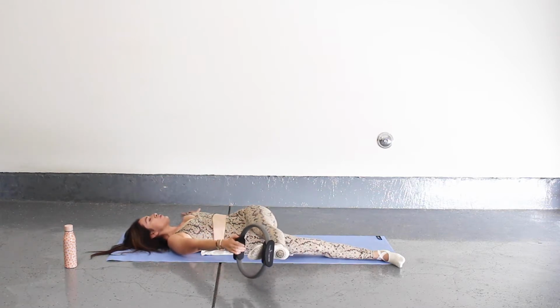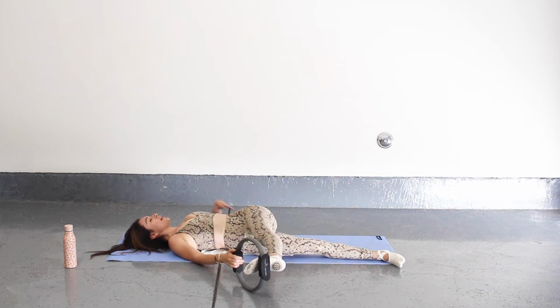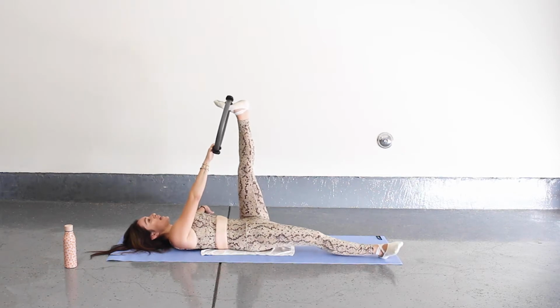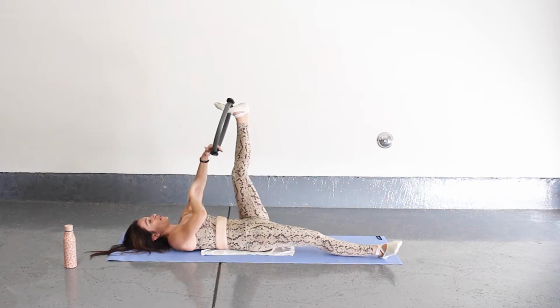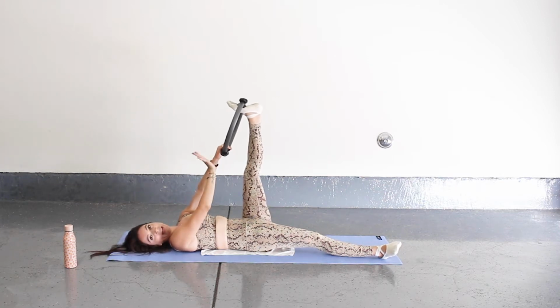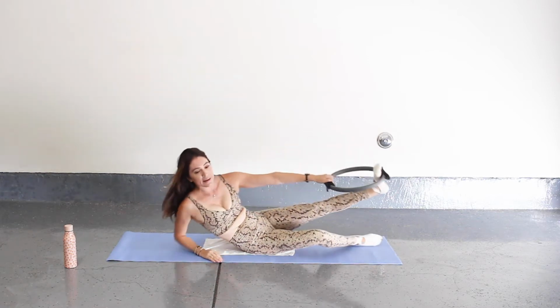Nice hip abductor stretch. Engaging that core still, and try to keep your shoulders on the mat, so we're not lifting our shoulders. And bringing that leg back up to center, and then grabbing it with our left hand again. So we're gonna keep our leg in this ring, and we're just gonna come on up,